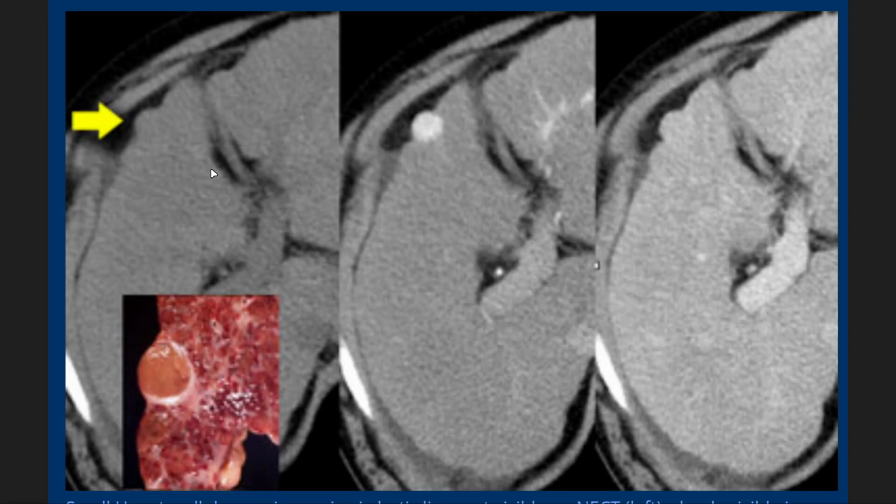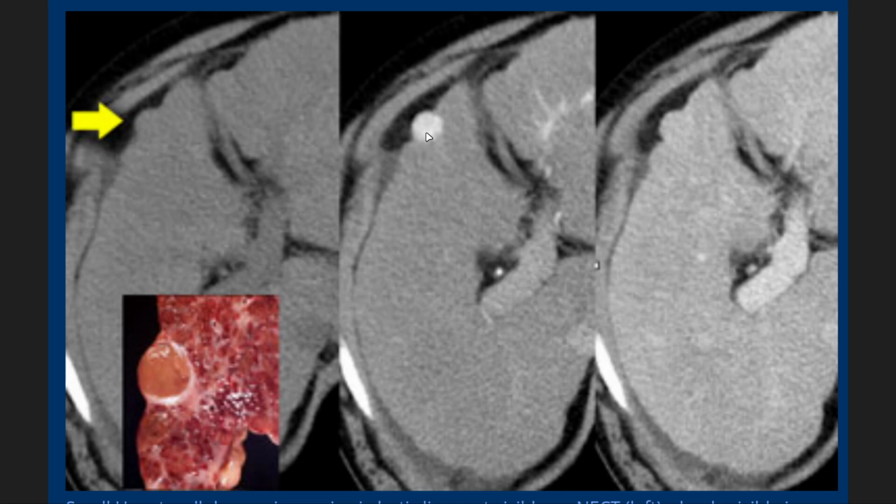So if you zoom in, you might notice a nodule over here on the right lobe of the liver. Okay? So you might notice a nodule here, and you might assume this nodule could be anything. So you do an arterial phase, and you'll notice it's an arterial phase because if you remember the blood supply of the liver, 80% of it comes from the portal vein and 20% of it comes from the hepatic artery. So in the arterial phase, the liver might be slightly enhanced, but not too much. So if you see a specific nodule in the liver, which is way brighter than the surrounding liver tissue,